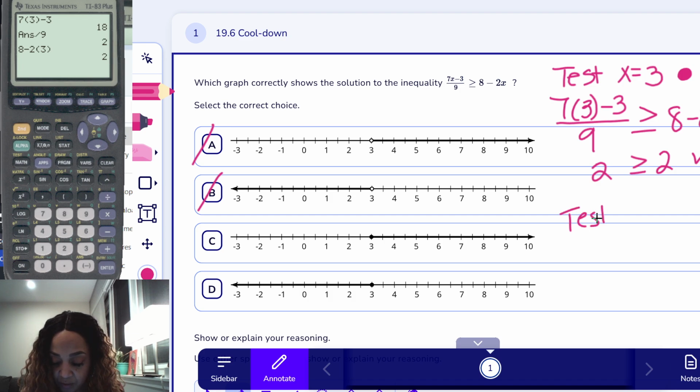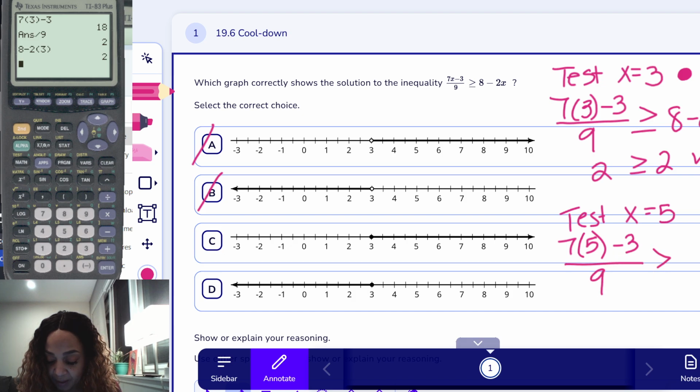See if that works. So now we're going to test x equals 5. Again, I'm just going to substitute, replacing the x with 5 this time. And I want to see if my inequality is true or false. So I have 7 times 5 minus 3, divided by 9. That number is 3.555. Is that greater than or equal to